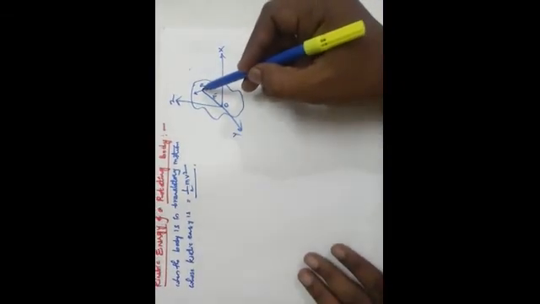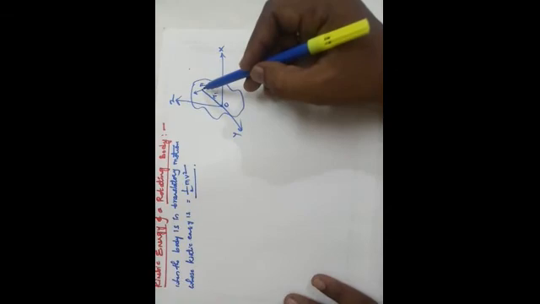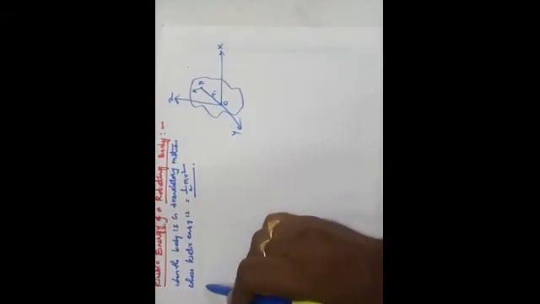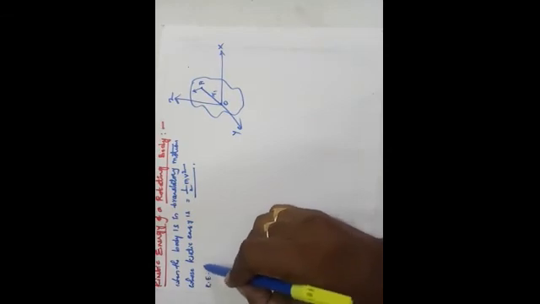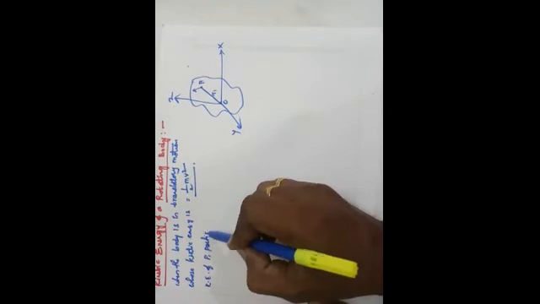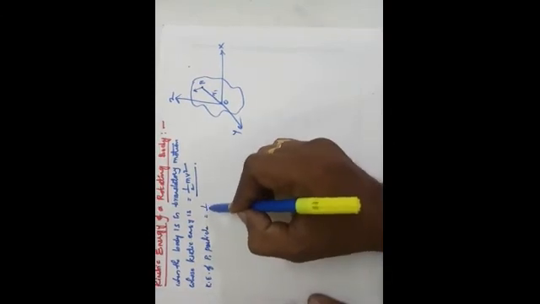From this picture, how can we write the kinetic energy of the first particle? The kinetic energy of the P1 particle can be written as